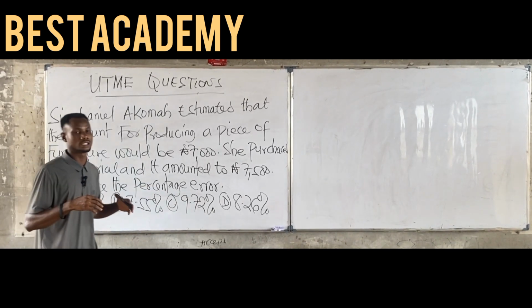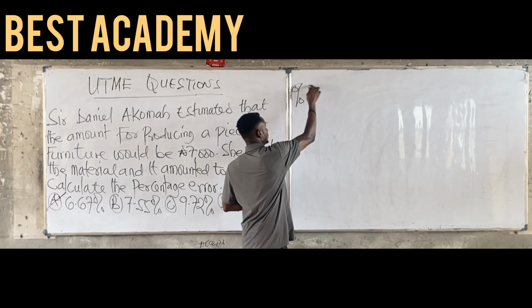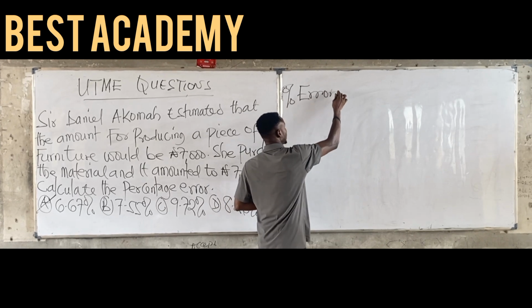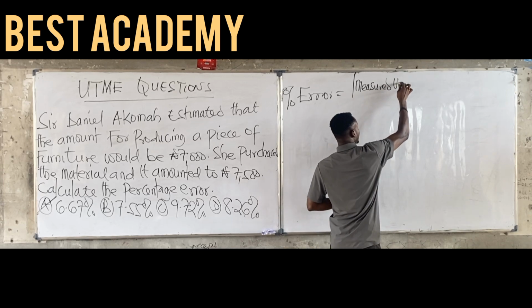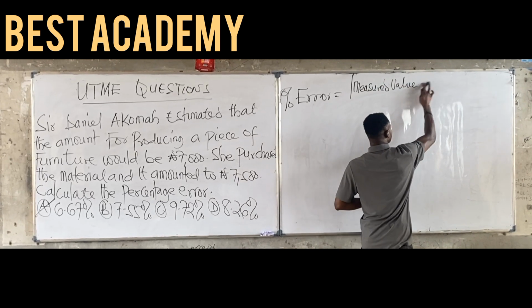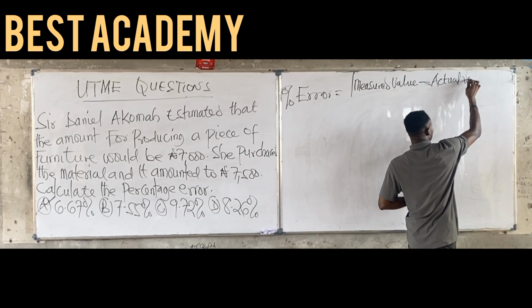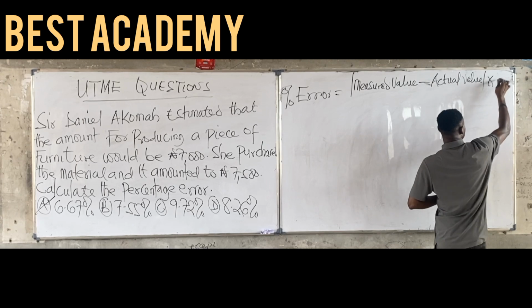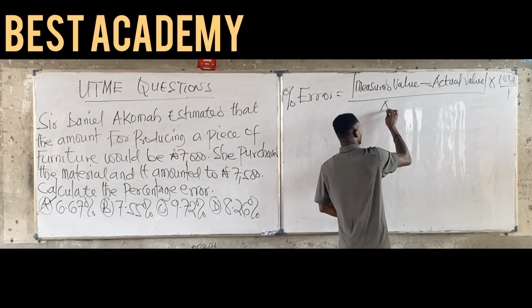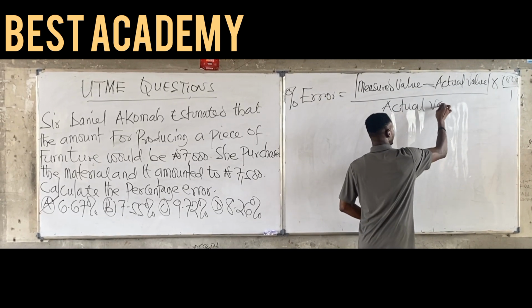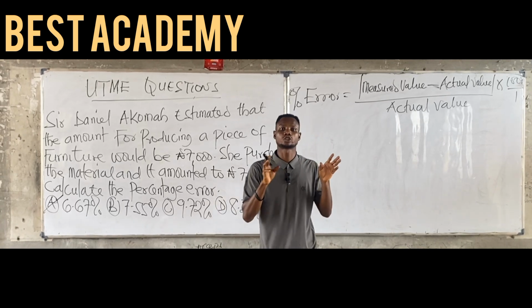Okay, now let's get the formula for percentage error. The formula for percentage error is the magnitude of the measured value minus the actual value, times 100 over 1, divided by the actual value. But before I proceed, I would like to make you understand the formula very carefully